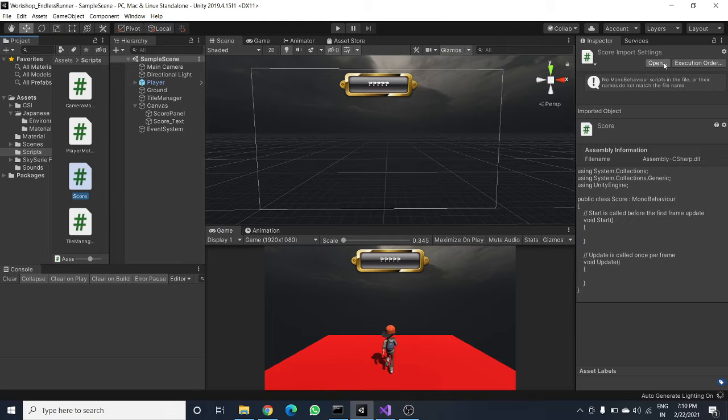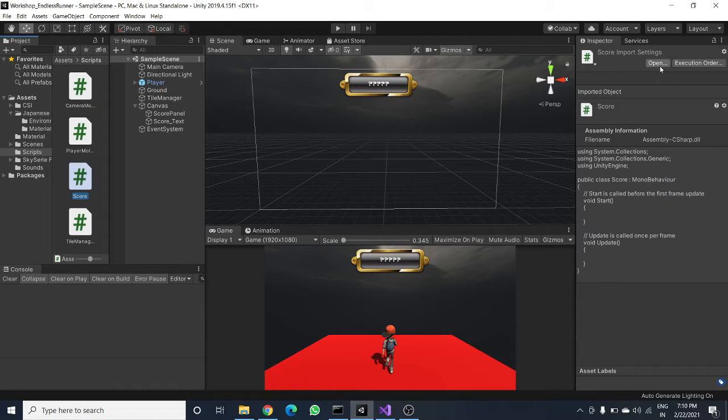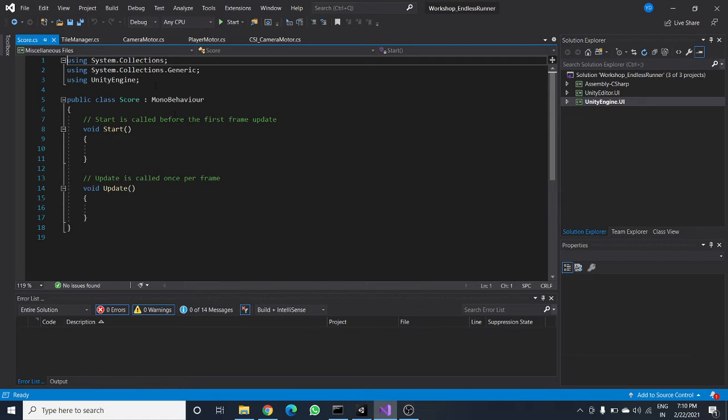Okay, so it's done. Now it's compiling. Let it be compiled. Now open the script in the Visual Studio Editor.